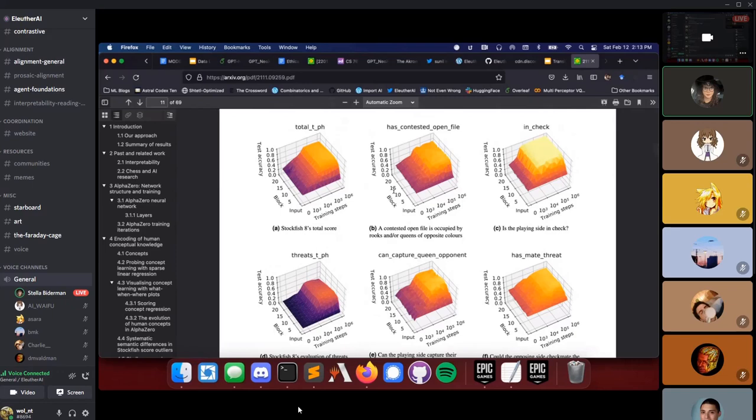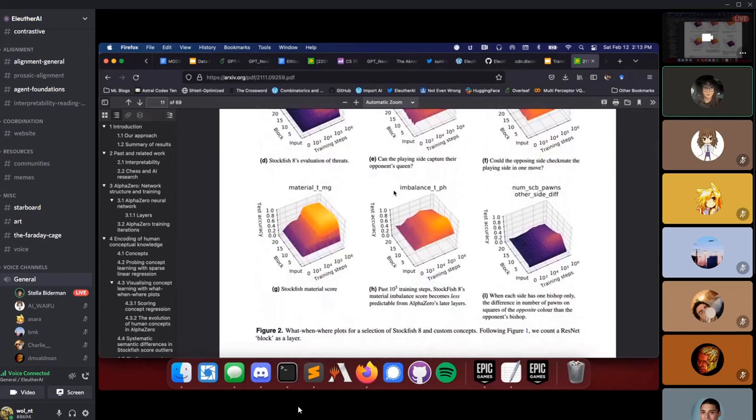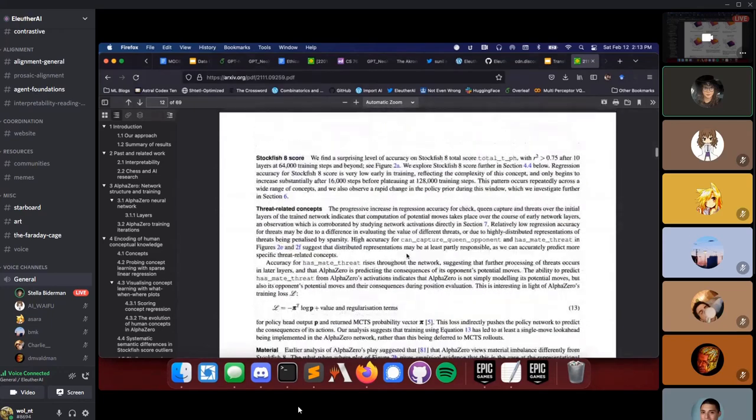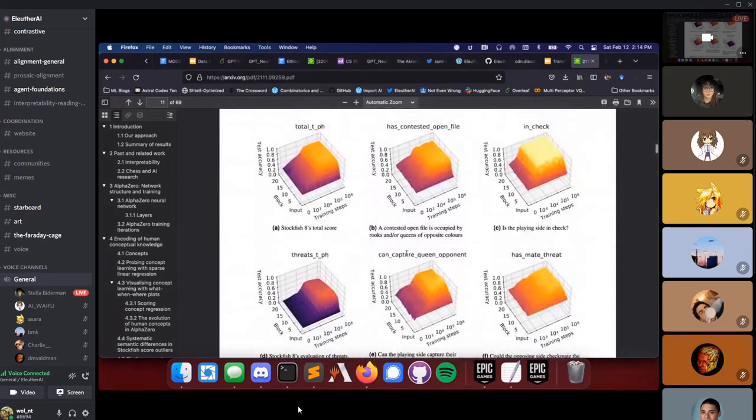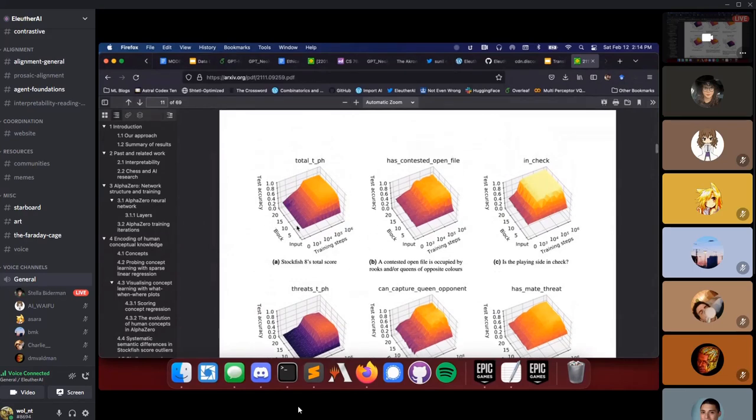What they found is that they're able to map out in a pretty compelling fashion both where in the network's depth certain abilities arise, as well as how much training you need to do to get them. And they do all sorts of analyses with these plots and correlations. One of the things that I think is really interesting, for example, you can see in plot A,